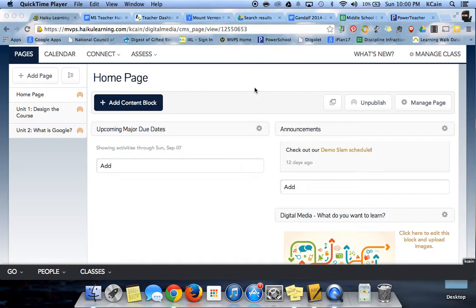The announcements box is really for communicating information that is outside of the classwork and homework and assessments in your class, because all of the classwork and homework would come through in the week at a glance box. And all of the important major assessments that are coming up would be in the top box, this upcoming major due dates box. So announcements are more for posting things that you want to draw students' and parents' attention to